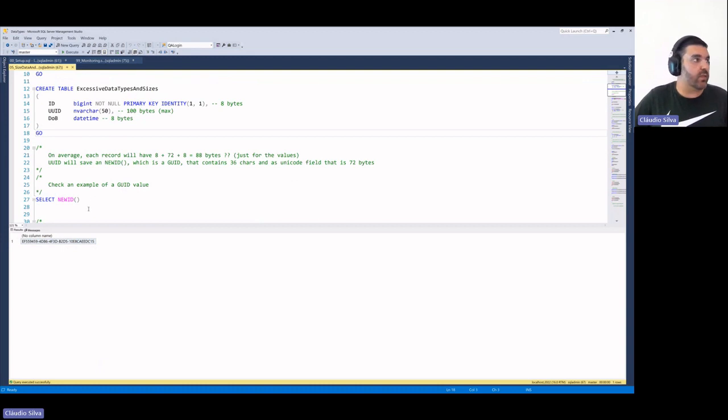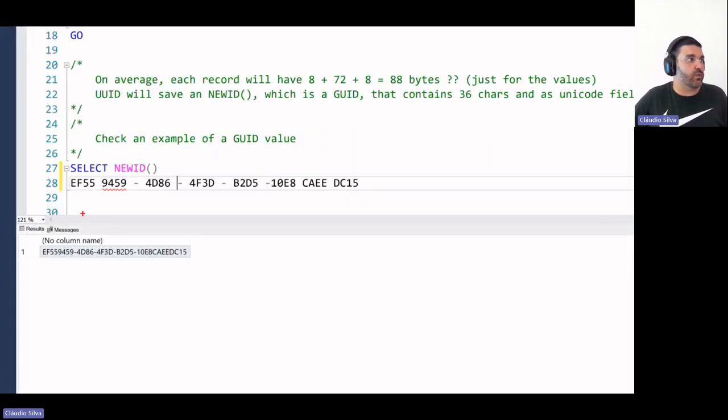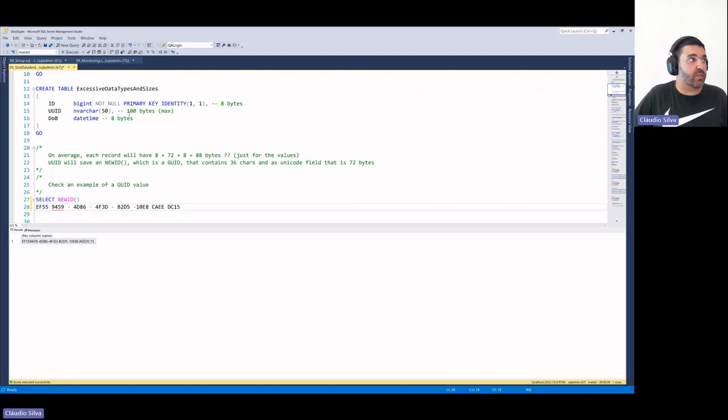Because if it is a GUID, the unique identifier, a GUID in the end has these blocks of 4 characters, which in the end will be the 32 plus the 4. So we have all these blocks, and then we have 4 dashes, and altogether as a string, this means that we have 36 characters. However, because our data type is Unicode, NVARCHAR, the 36 will convert to 72. Okay.